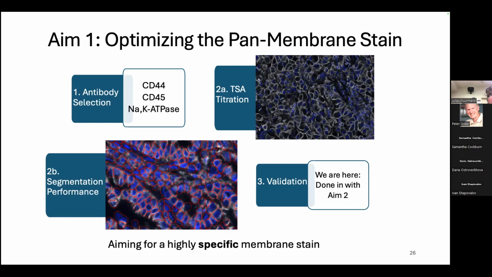I did do this in Inform, so I ended up building 2 different algorithms, one for small cells and one for big cells, and looked at them individually. And then finally, I hope to move on and validate it with our AIM2 in a whole multiplex panel, and then move on and validate it within AstroPath itself.